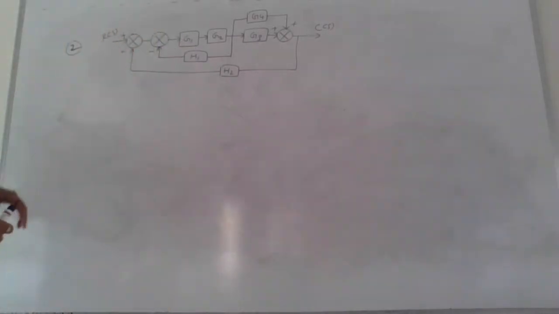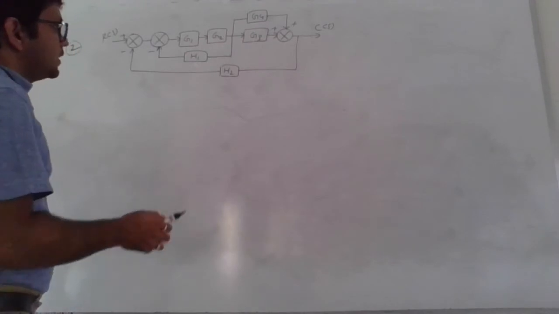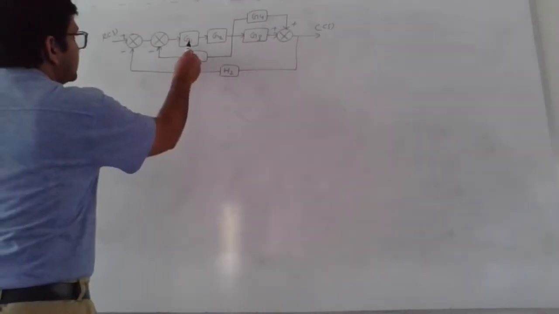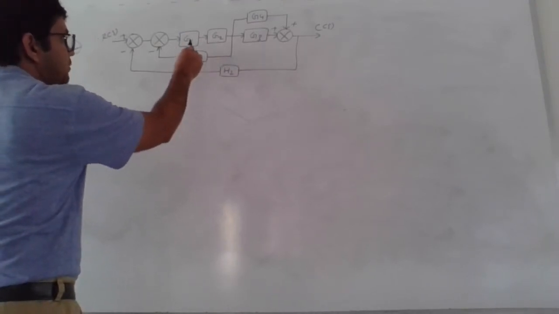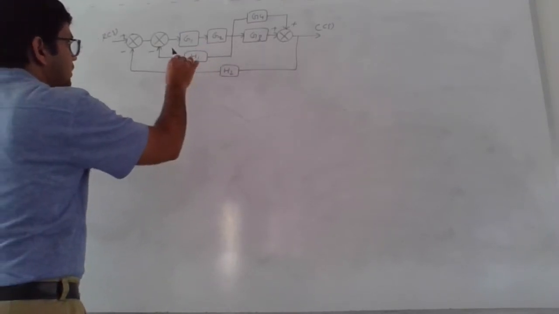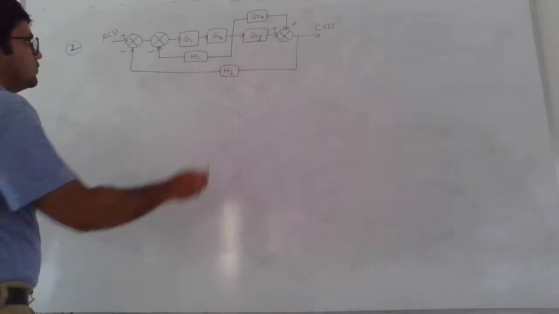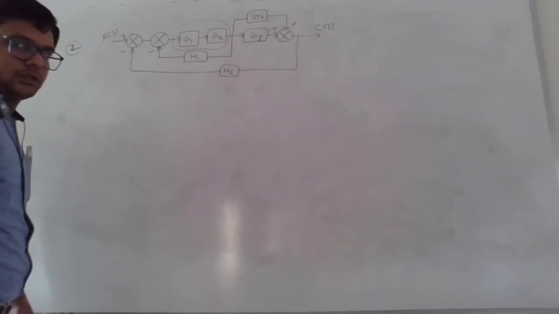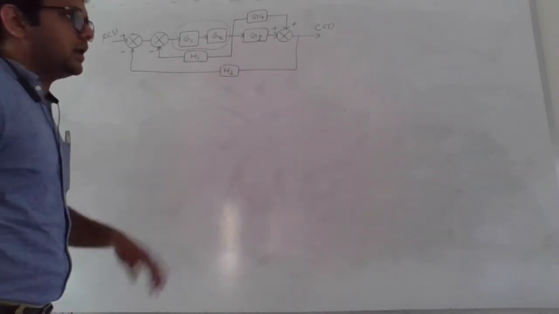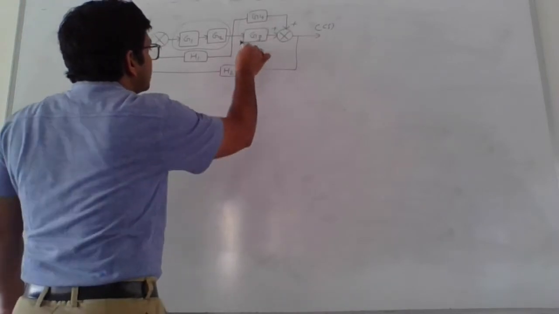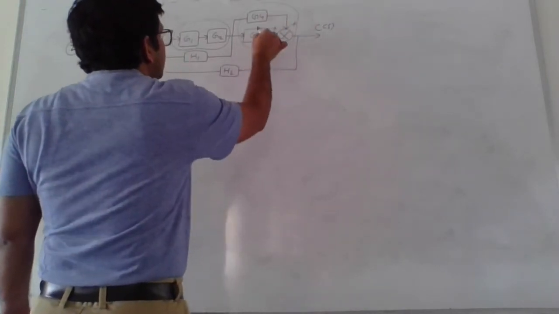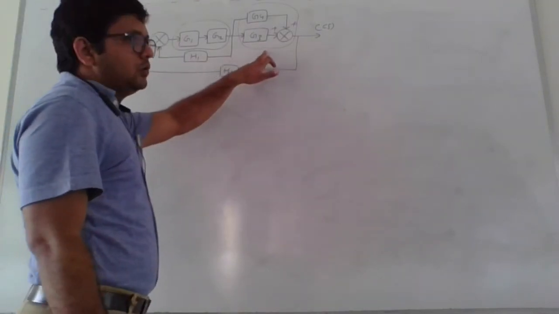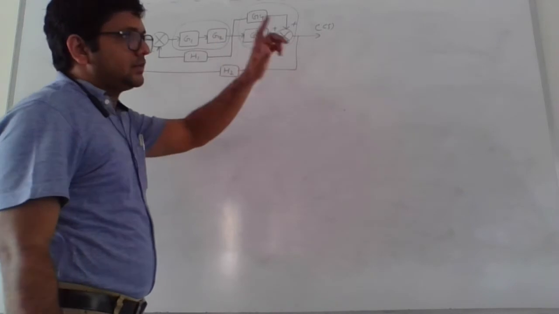Again, we need to apply the same technique over here. First of all, we need to observe whether the blocks are connected in series combination or in parallel combination. Now if you see these two block gains, they are connected in series because they are connected back to back and they do not have any summing point or take-off point in between them. So we can reduce this by solving these two blocks in series combination. That means we need to apply rule number 1 of BDRT. In the same way, if you observe G3 and G4, they are connected in parallel combination. So we can apply rule number 2 and replace this by a single block.